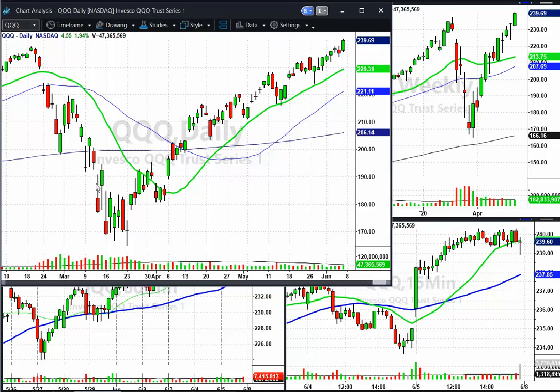even though this is a pretty massive move, typically there's a couple of failed opportunities to go short. And then eventually right in this area, this is when I sold out of my long. I bought long in this area, a number of different issues, not QQQ particularly, but in general Google, Microsoft, Facebook, a few of these issues, but I'm out of them now. I'm no longer long in them.